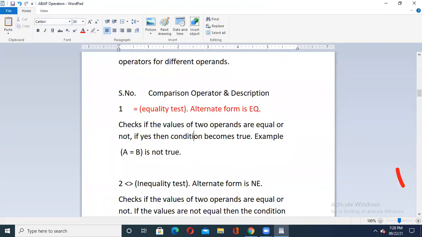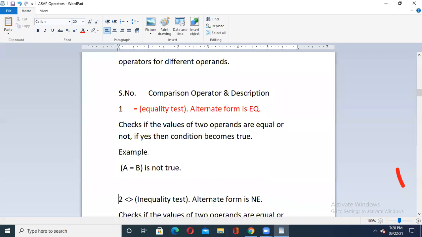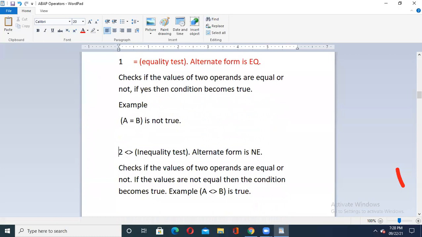But in our case, why is it said here that A equal B is not true? Because please understand, A's value in this discussion is 20 and B's value is 40, so they are not equal, so we get the answer not true. Then next is the inequality test.